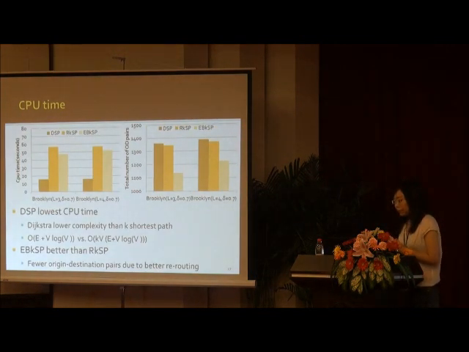In terms of the CPU time, as we can see, this one is the complexity for A-star, and this one is the complexity for the k-shortest path, worst case scenario. So very obviously, DSP should consume much less CPU time than the other two strategies. However, when we compare RKSP and EBKSP, we see EBKSP is actually lower than RKSP. The reason is because the EBKSP reduces the necessity of rerouting. It actually reduced the